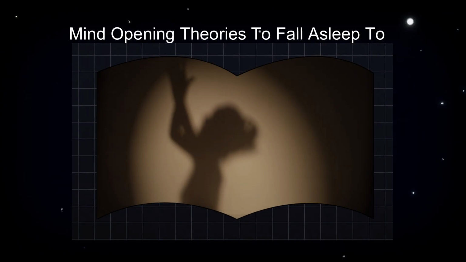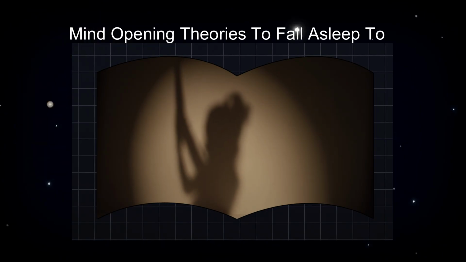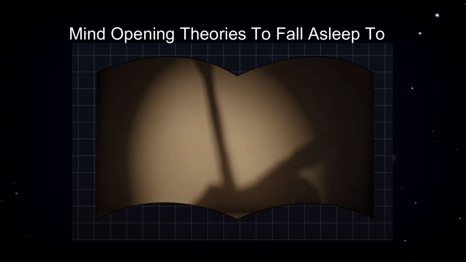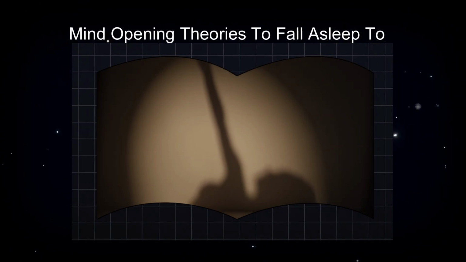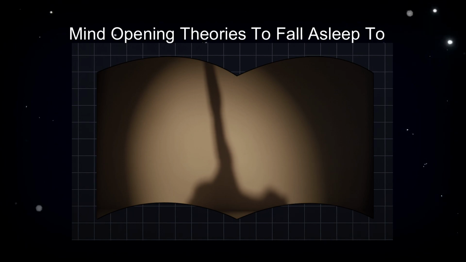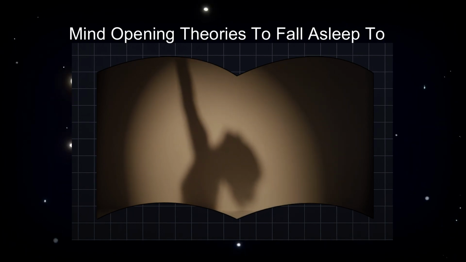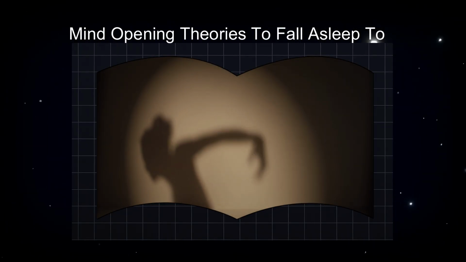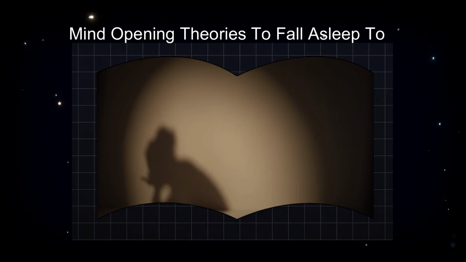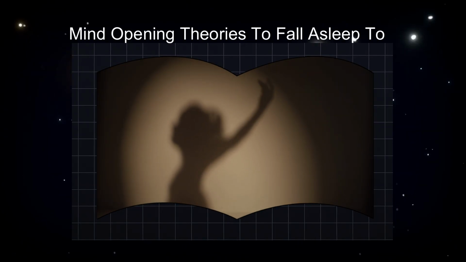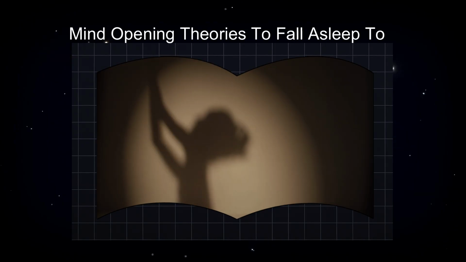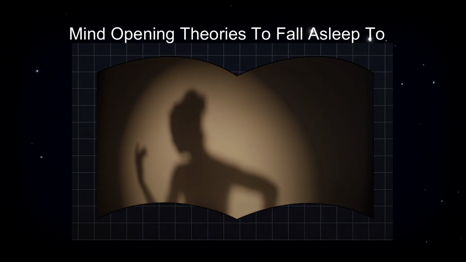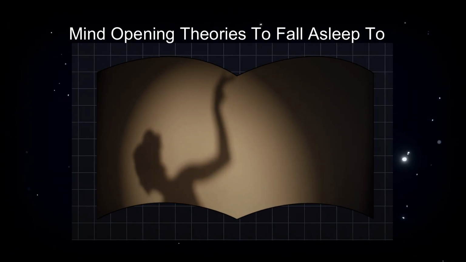Level 2. The inflationary multiverse. In this version, things get more exotic. After the Big Bang, there was a phase called cosmic inflation, an insanely fast expansion of space. In this model, different bubbles of space formed during that time, each one becoming its own universe. And here's the wild part. Each bubble could have different physical laws. In one bubble, gravity might be stronger. In another, atoms might not even exist. We live in one bubble where the conditions just happen to support life. But there could be countless others that are totally alien to us.